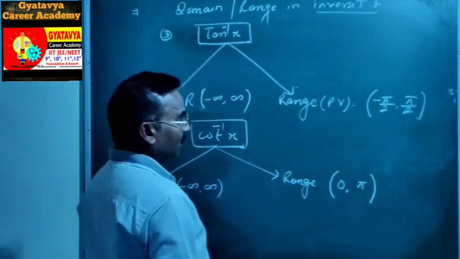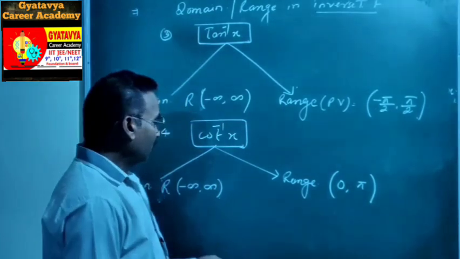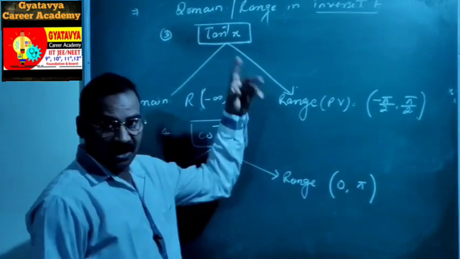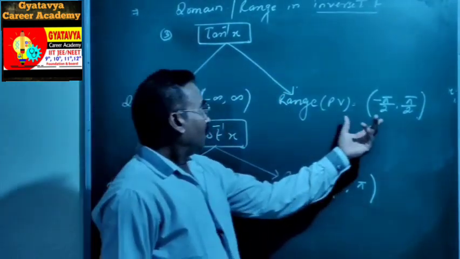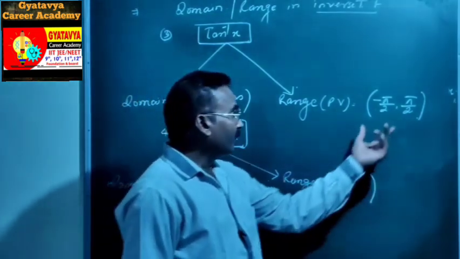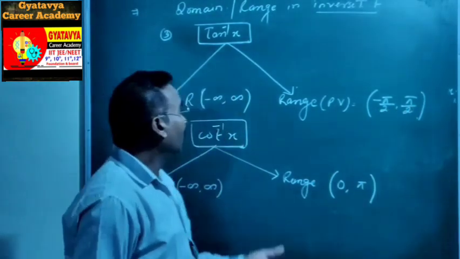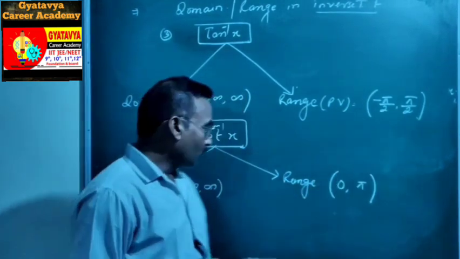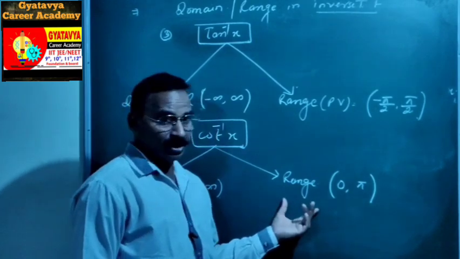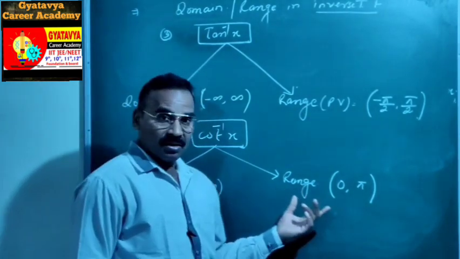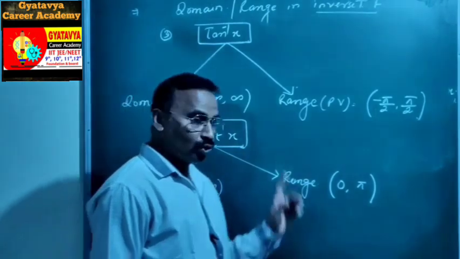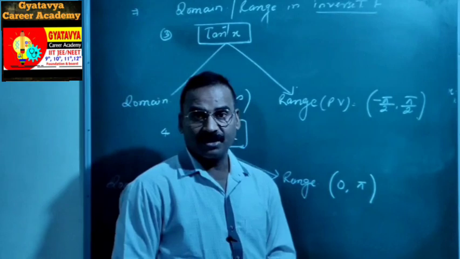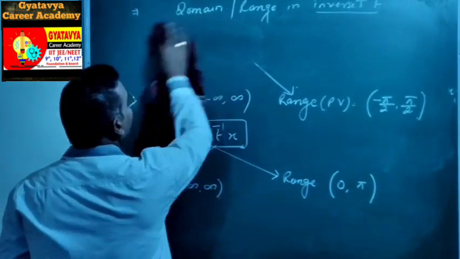So I think there are a few similarities between cot inverse and cos inverse x, and tan inverse x and sin inverse x. The range of sin inverse x is the closed interval -π/2 to +π/2, and tan inverse x has the open interval -π/2 to +π/2. And similarly for cot inverse and cos inverse x: the range of cos inverse x is 0 to pi in closed interval, and the range of cot inverse x is 0 to pi in open interval. Okay, now next,